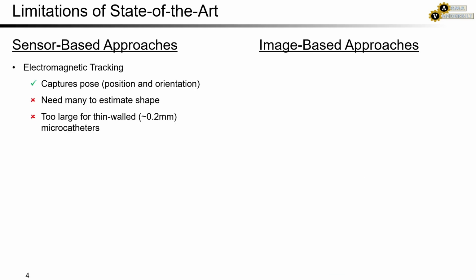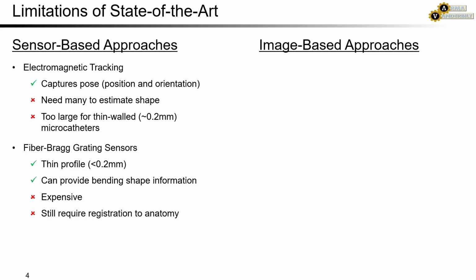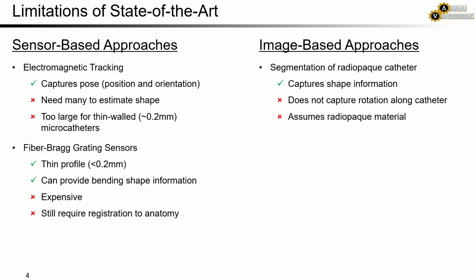Electromagnetic tracking requires coils placed in the catheter, which provides complete pose information but lacks shape information and is hard to miniaturize for thin-walled catheters. Optical fiber approaches such as fiber Bragg grating sensors can provide shape information but are expensive and sensitive to thermal effects. Many works have reported segmentations of catheters as a spline, assuming the material is radiopaque, but this does not capture